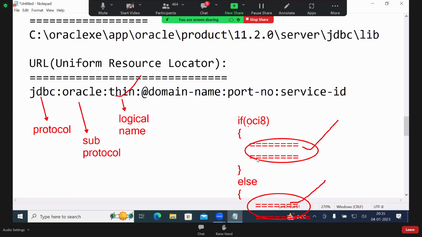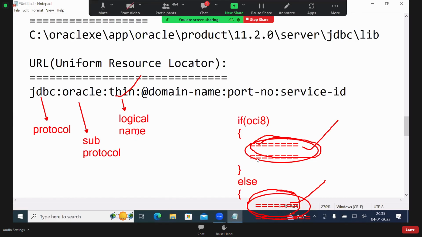So the Java program is the same. You are writing only the URL differently here. And with that URL, you understand Type 2, Type 3, Type 4. Here, the Type 2 driver functionality is implemented, and here the Type 4 driver functionality. From the programmer's point of view, the class name is the same. Now, you are connecting to an Oracle database. The driver class is the same; there it is Type 2 or Type 4.